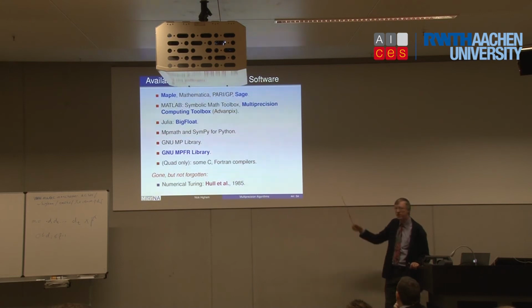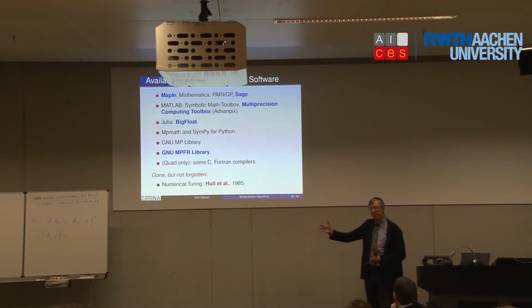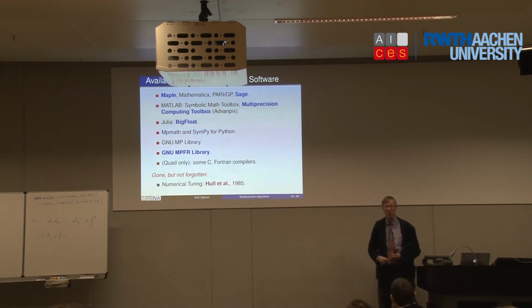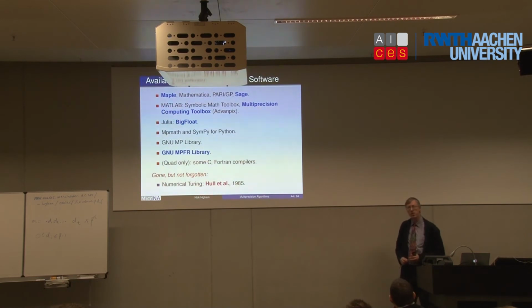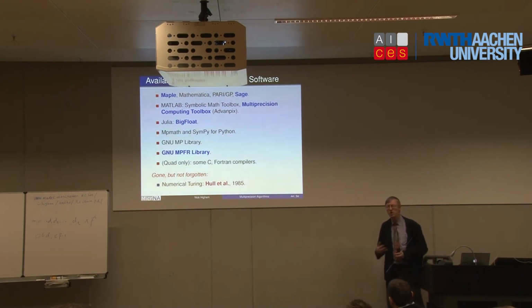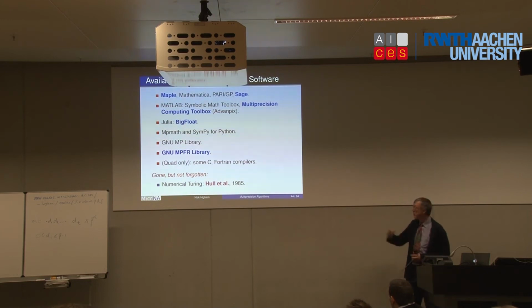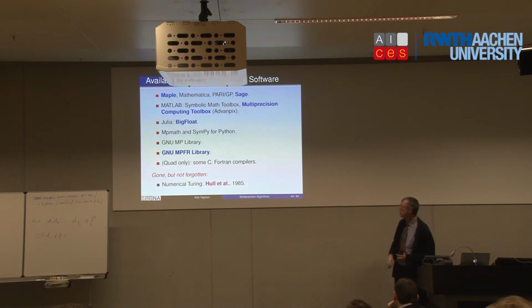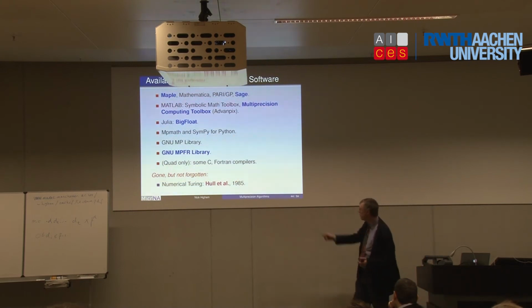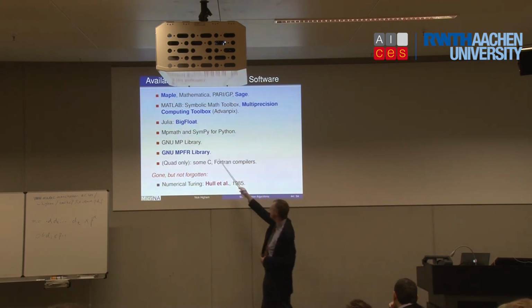He was saying at that conference that although MPFR is designed for high precision, beyond double precision, they're actually working to optimize low precision at the moment. They're finding a lot of people are using MPFR with double, single, or even half as the accuracy, because they want to explore the behavior of a computation in different precisions. This is a very nice way of just tuning the precision and rerunning a computation. So they're finding people want lower precision, and they're working to make this library more efficient at lower precision now.